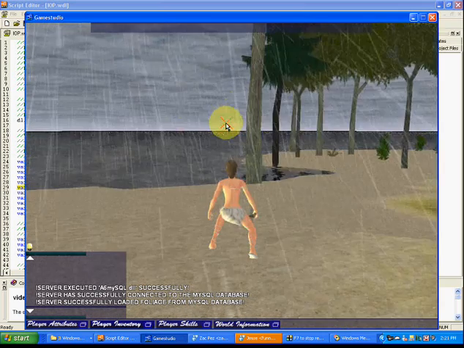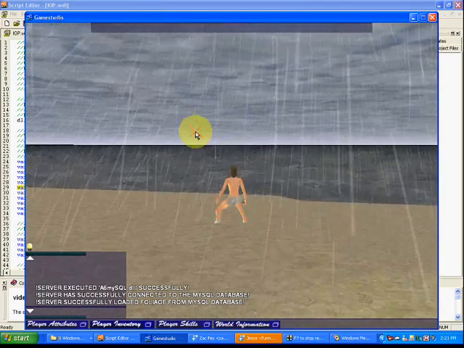That was my niece. Anyway, so the player can sneak around